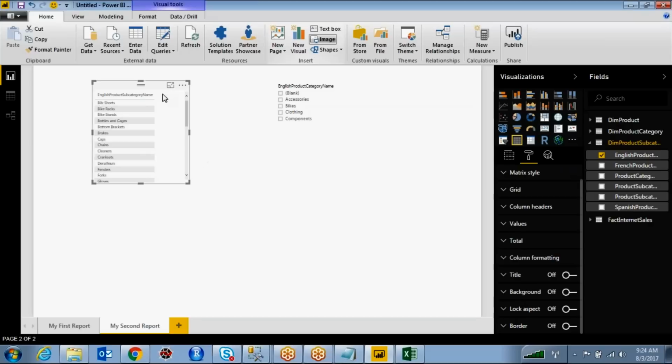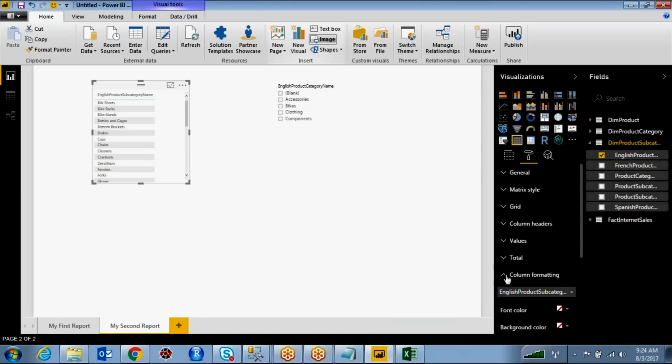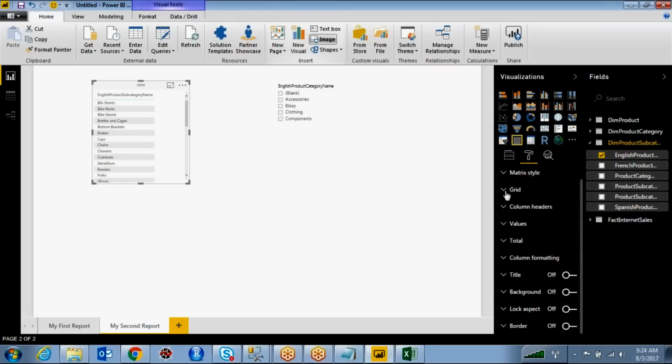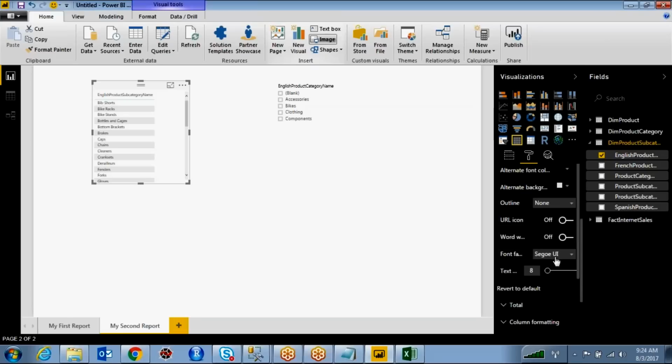For this matrix, the font size you have to increase. This is grid format and font.